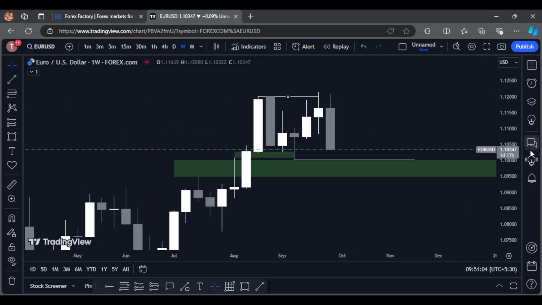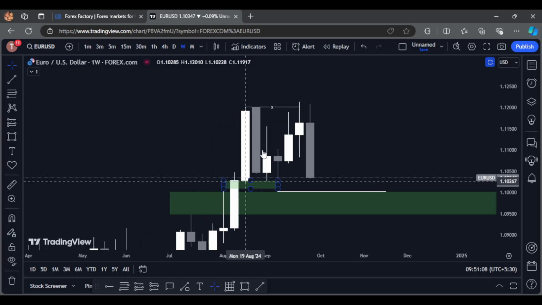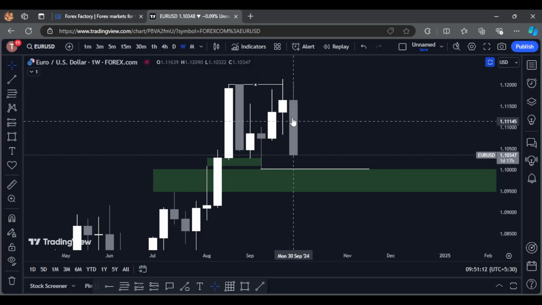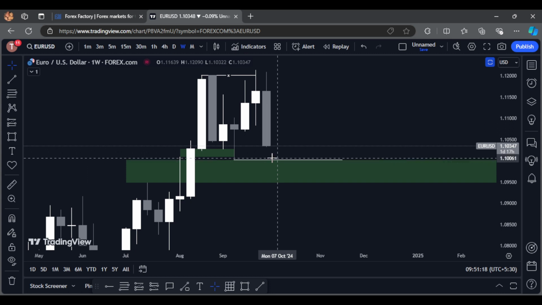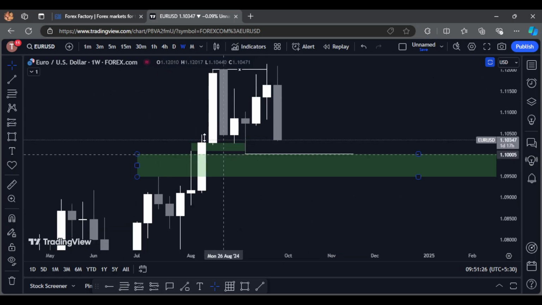As we move into the weeklies, we were having FVG respect in the market, and the price was moving into the further upside direction. Currently, the price is moving into the downward direction, and this is a vulnerable low. So I'm anticipating that this low will not sustain and the price is going to move into the downward direction. So let's move to the dailies to see what we have in here.